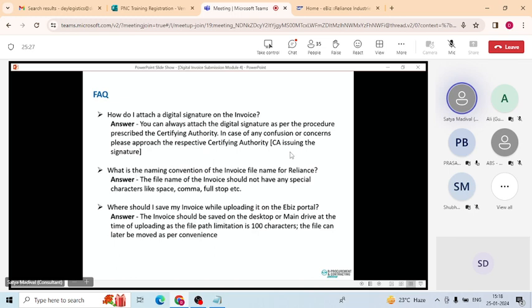you have not done any mistake. You say that I saved the file name correctly, every detail of my invoice is correct, but it is not allowing me. The reason is that you kept it in folder and folder and folder, and it has crossed the 100 characters path. So hence it's giving an error message. You need to make a note that first you just keep it outside. Once the invoice is uploaded, only then can you move it to the folder